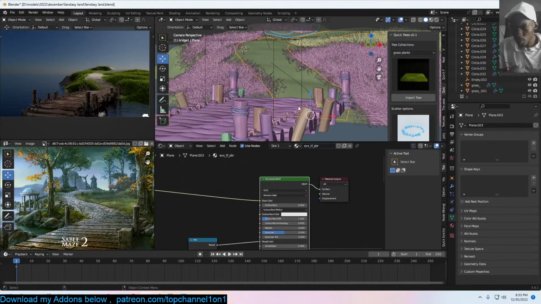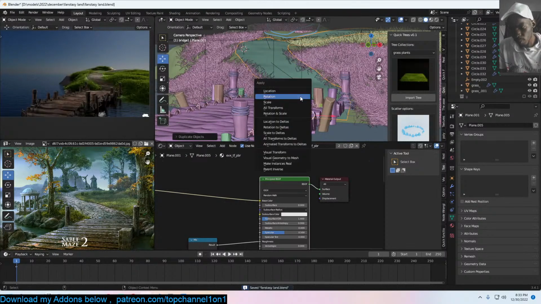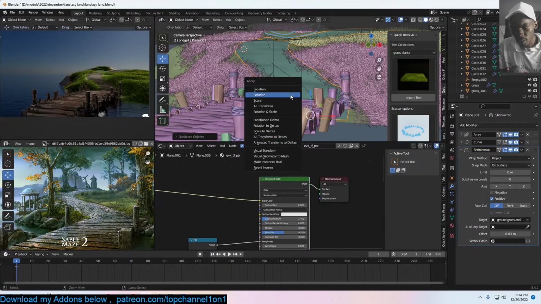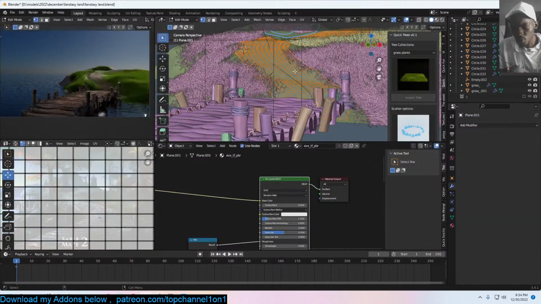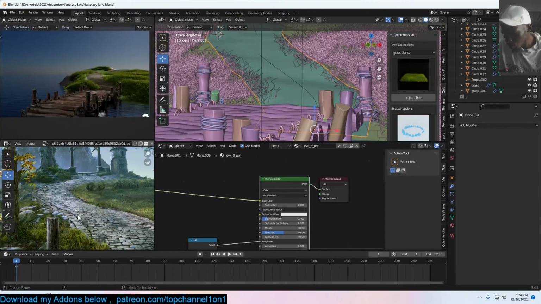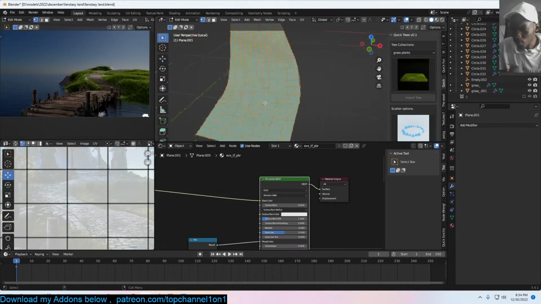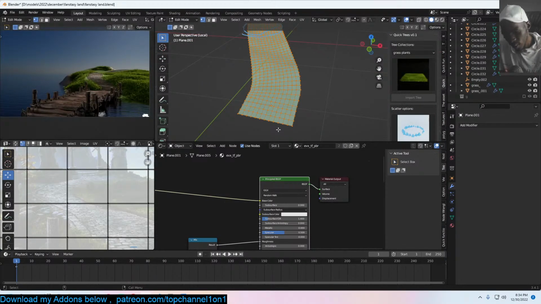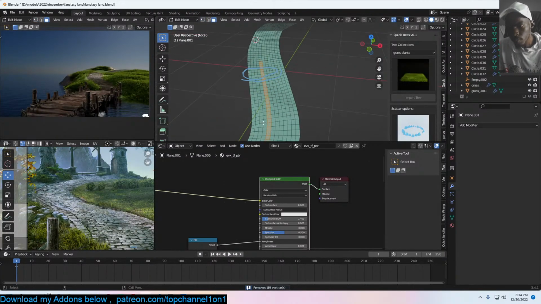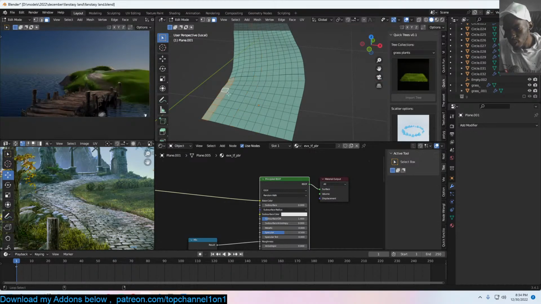So to do that, I'm going to Shift D, duplicate this, apply everything here, or just make it visual to mesh. I'm trying to create this. I don't know how to pronounce it, how to call it, but you see. Let me merge by distance. Okay, so what I want is this outline here,